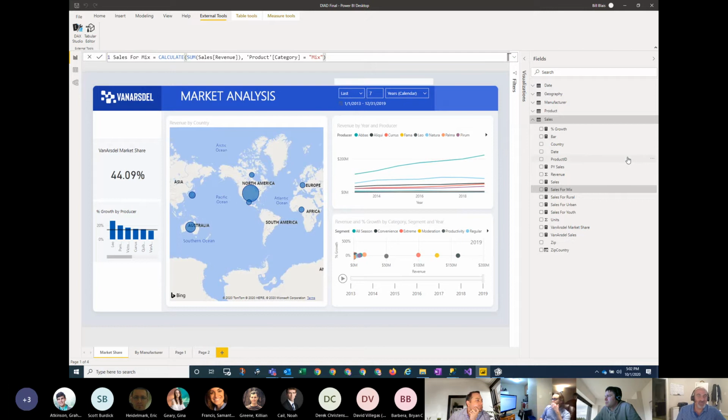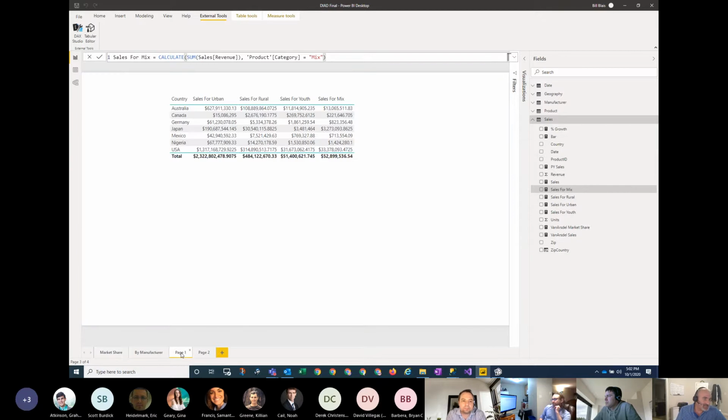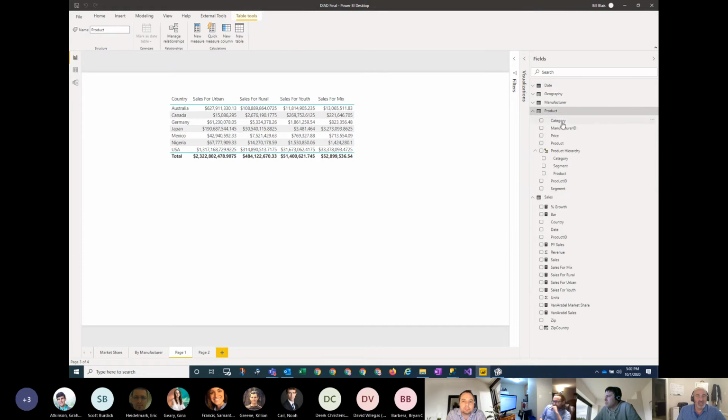So just to give you an example, I've added some measures here to my data set, and really it's around creating something like this table here. What I've done is I've said, all right, my sales for mix, I've got 4 different categories of products. Of course, I could just use the product category as a way to group and drag it into a visual and then have my revenue show up.